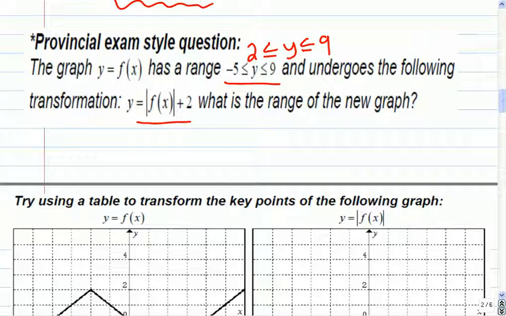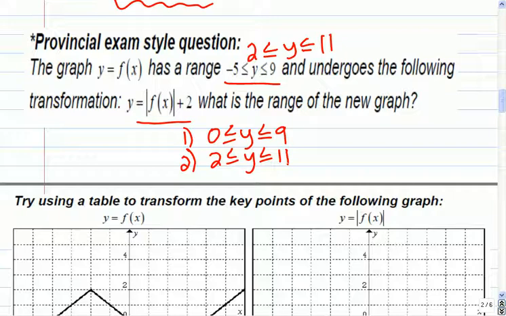Because I went -5, -4, -3, -2, -1, 0, 1, 2, up to 9. So 0 is now the smallest. The first thing that would have happened is it would have gone from 0 to 9 on that graph. You were going to tell me it should be an 11? Yeah. Okay. So now, when I move everybody up by 2, I'm going to be at 2